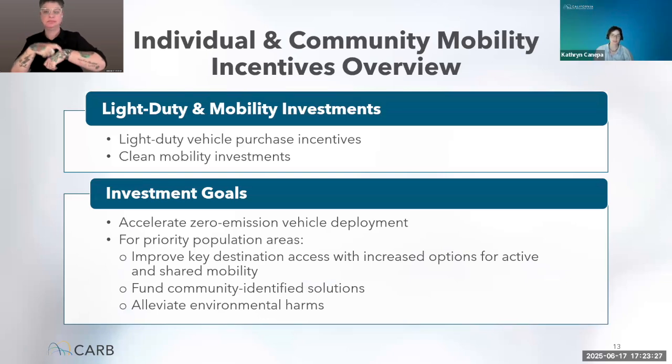My name's Catherine Canepa. I'm an air pollution specialist at CARB, and I'll briefly provide a quick overview of the individual and community mobility incentives, and then I'll pass it over to Heather to provide the update on the mobility projects. So the individual and community mobility incentives help CARB to make progress on our institutional goals and help aid